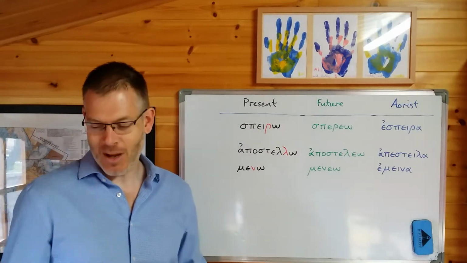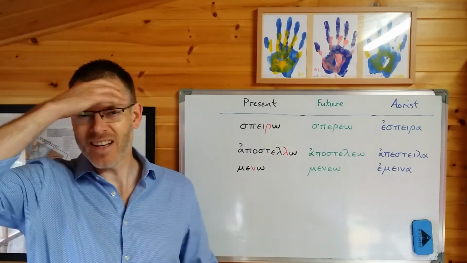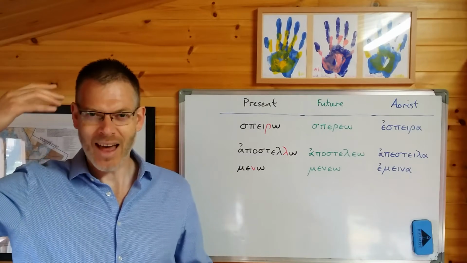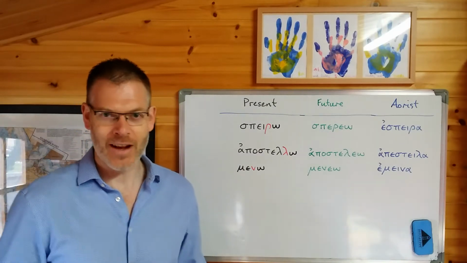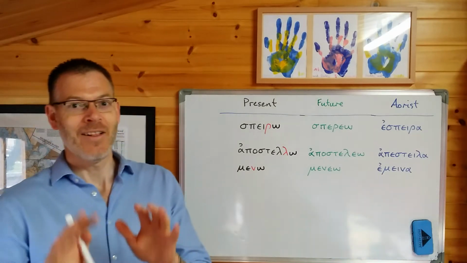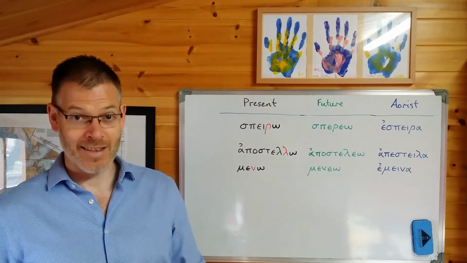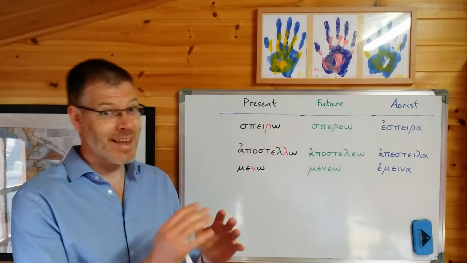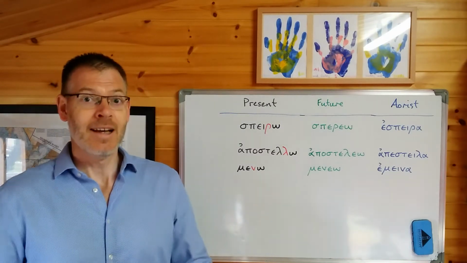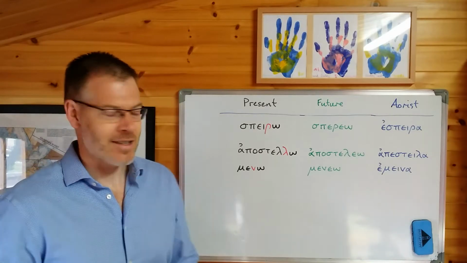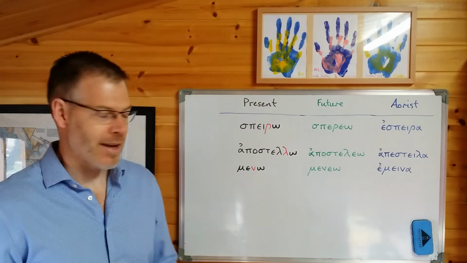I remember the first time I looked at this explanation, I thought, that looks really complicated. Really. And then I thought, hold on a second. And over the years I've looked at it, I thought, actually, it's not that complicated. I want to prove to you today, this stuff on liquid verbs is not as complicated. If you could handle, or even get close to handling the stuff on the second aorist, this is going to be fine. Today, I want to show you how that is. Look with me over here, and I'll explain.